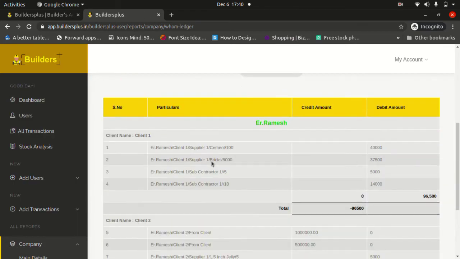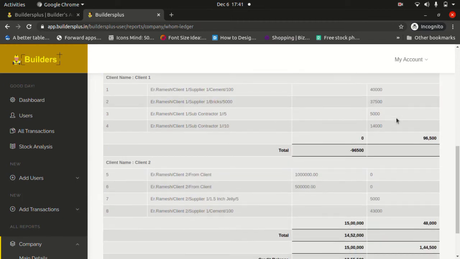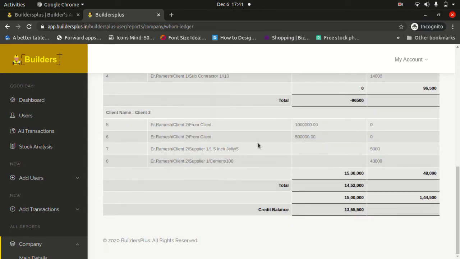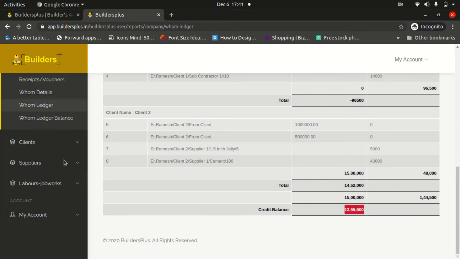This ledger report will come over here. How much credit they made for a particular client, how much debit, so total how much; then for client 2, how much they made, how much debit, then subtracting the amount, the total credit balance. So this is how you can get the ledger report from this report link.